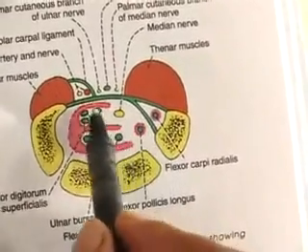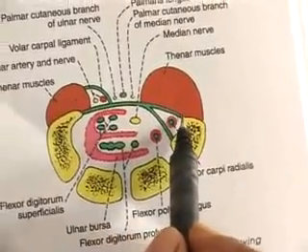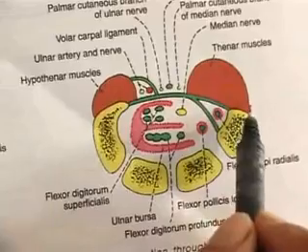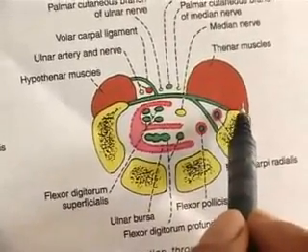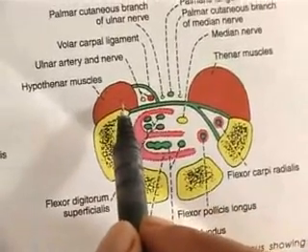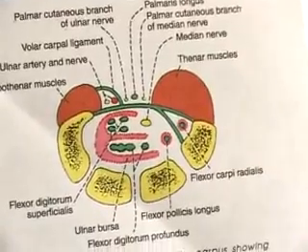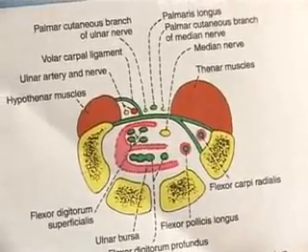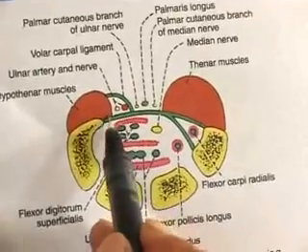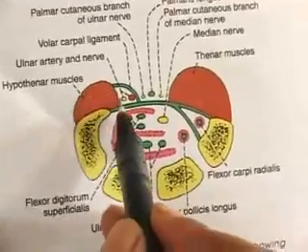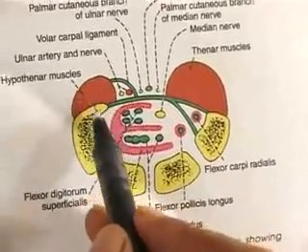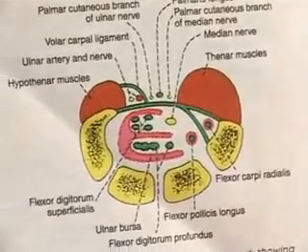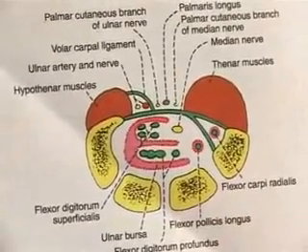Flexor retinaculum on lateral side gives attachment to muscles of thenar eminence. These are abductor pollicis brevis, flexor pollicis brevis and opponens pollicis. Adductor pollicis is not a muscle of thenar eminence, as it is not responsible for the eminence due to its deep position. Flexor retinaculum on medial side gives attachment to 3 similar muscles of hypothenar eminence. These are abductor digiti minimi, flexor digiti minimi and opponens digiti minimi.